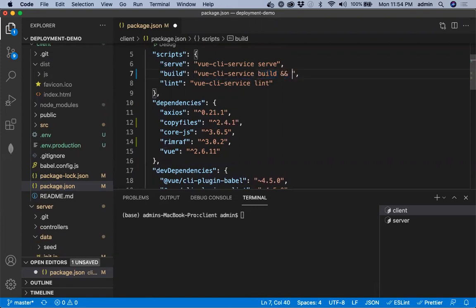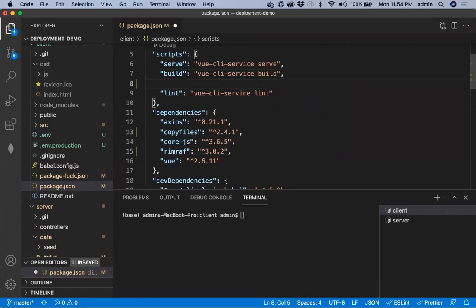That's how these scripts work. And this will work on Linux and Mac. If it doesn't work on Windows, you can just manually run rimraf and you can manually run copyfiles. So essentially you can write one to run rimraf.